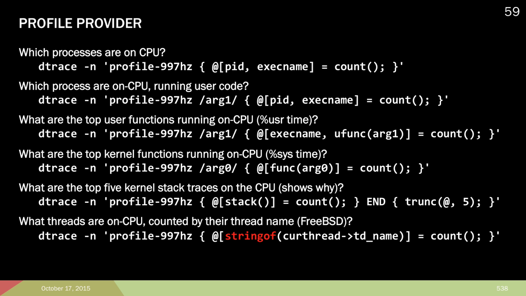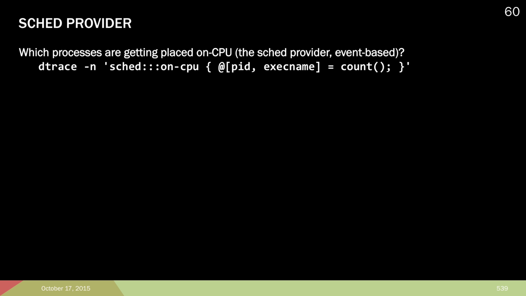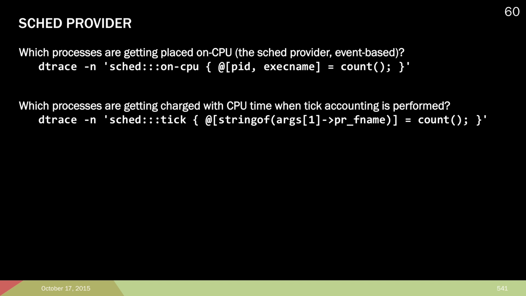We then use stringof to let DTrace know that the pointer that td_name points to is a string. Which processes are getting placed on CPU, event-based? We simply use sched:::on-cpu, the rest we've already seen. Which processes are getting charged with CPU time when tick accounting is